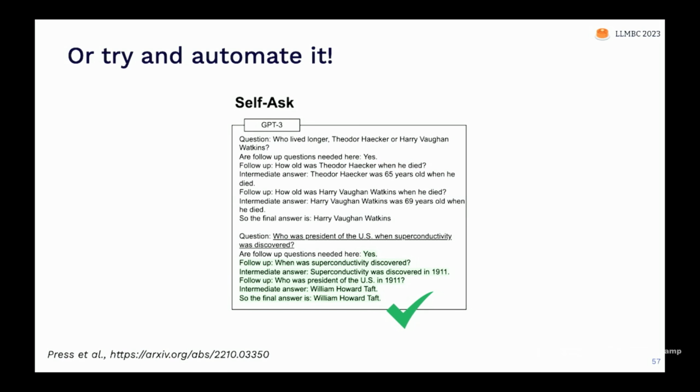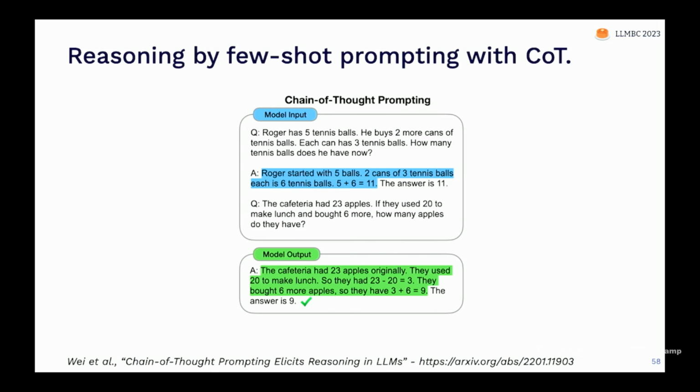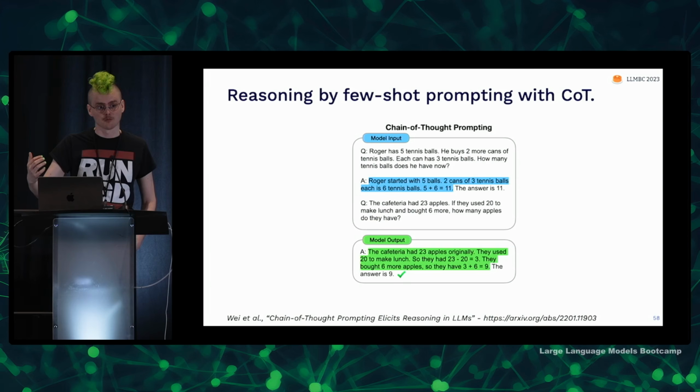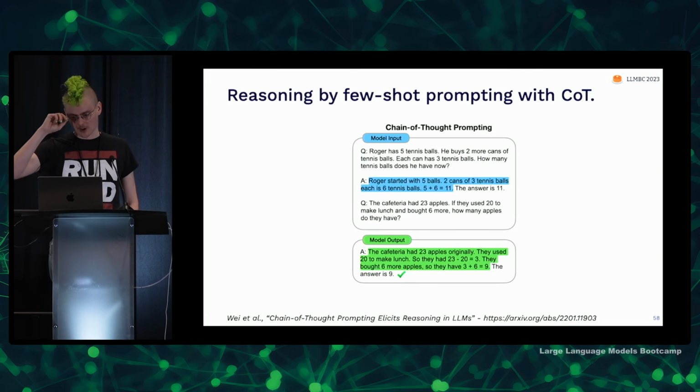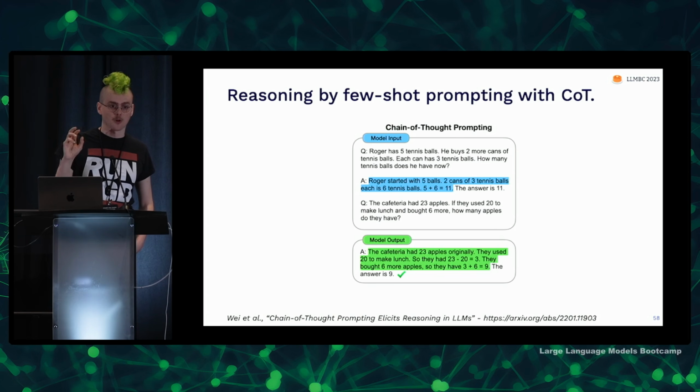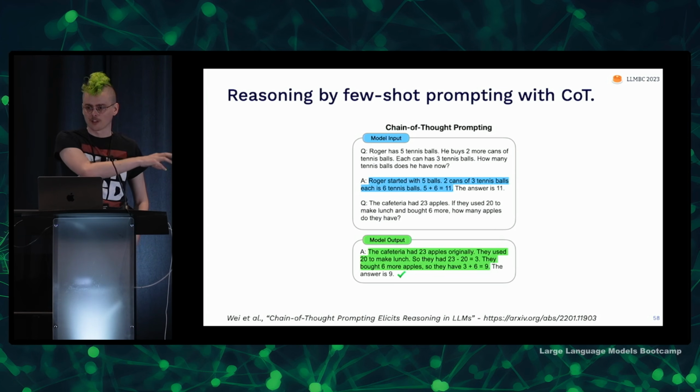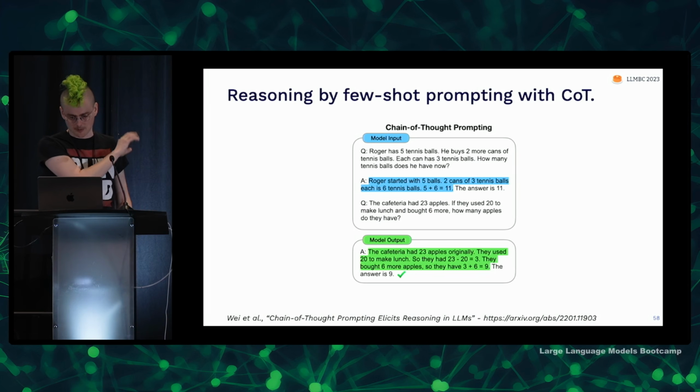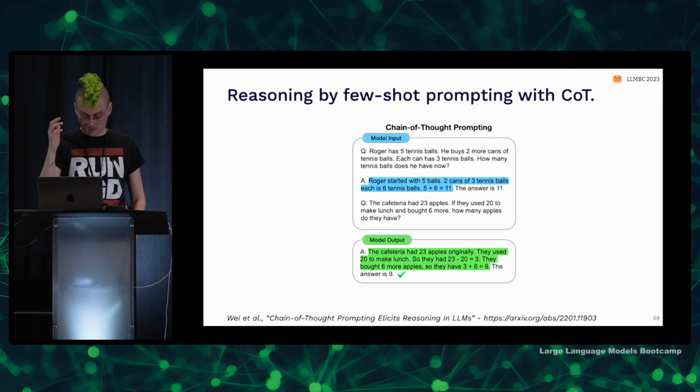So automating this process of decomposition is one of the key tools for getting language models to be better. Maybe one of the most famous ones of this is reasoning with few shot, getting reasoning out of models, reasoning as a way of decomposing problems. And the most famous one is this chain of thought prompting. So in the prompt for the model, you include both, this is for a question answering model. So it's getting these little math word problems and giving the final answer to that question.